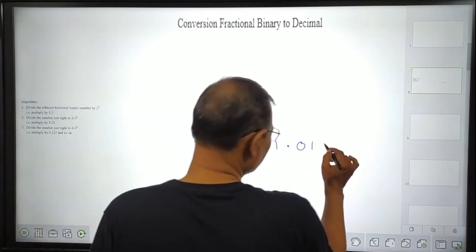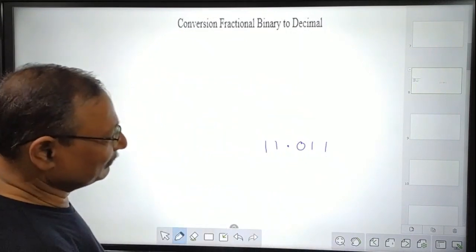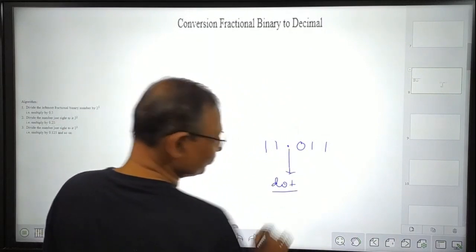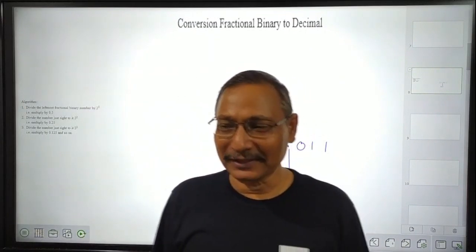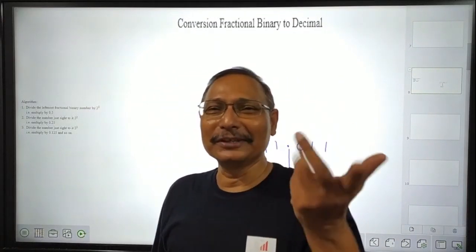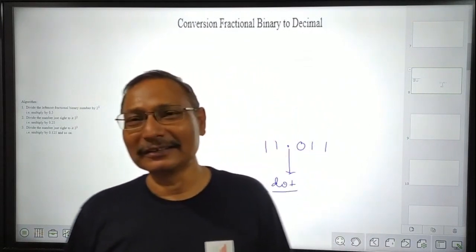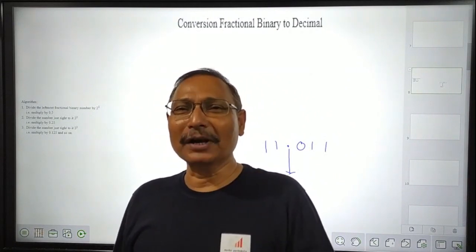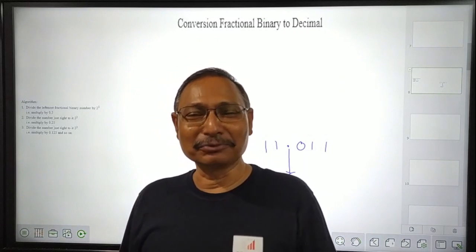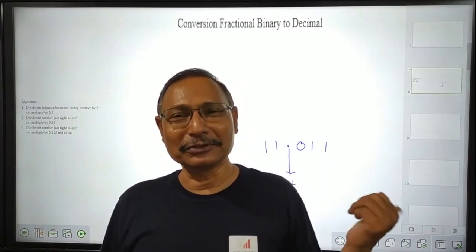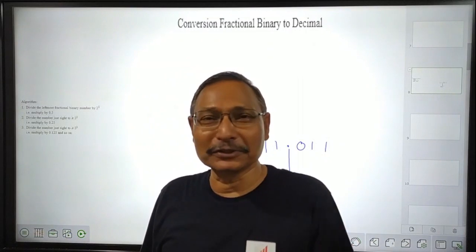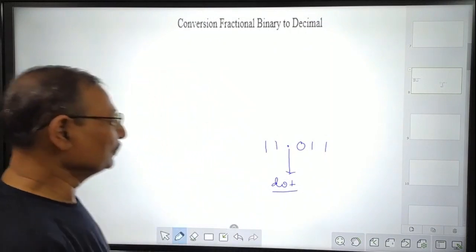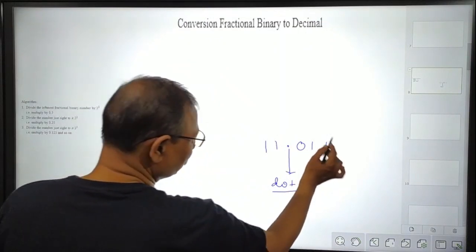Okay, so suppose that these are written in this way. Then this dot, we usually read it as a decimal point, and we feel that this is the decimal system. No, not at all. Here, this dot is representing the fractional part in the binary system. So usually we say this is the fractional part in place of the decimal part, but usually we say it as a decimal part also. So now we want to understand how we can convert these.